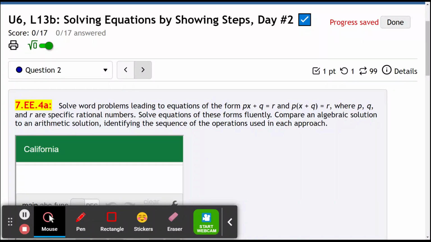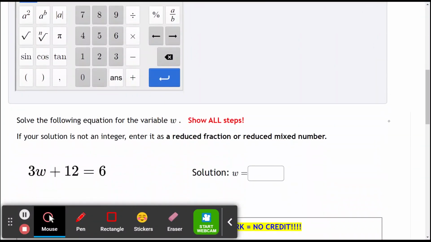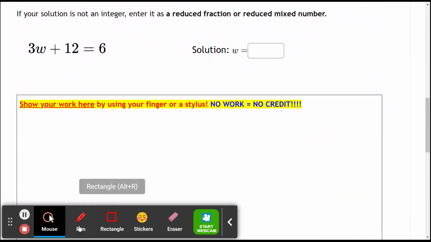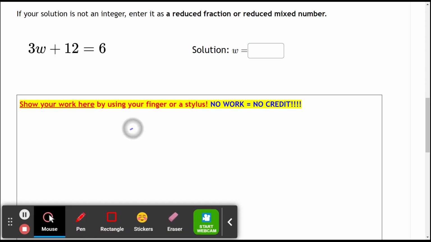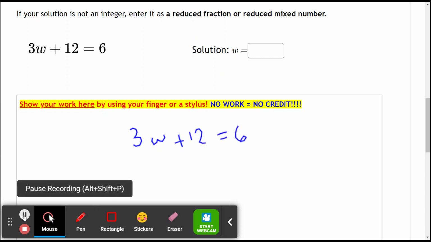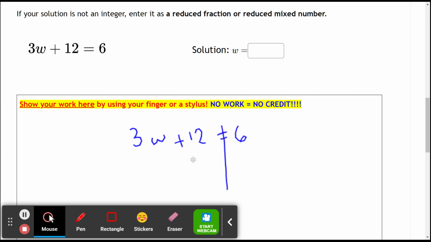U6 L13b, we're solving more equations, and we start with this one where we have 3. That's not going to work at all, is it? That's 3w plus 12 equals 6. So we treat this like it's a scale like we had before, and we would have to subtract those little circular weights like we had before. And we have 3w is equal to